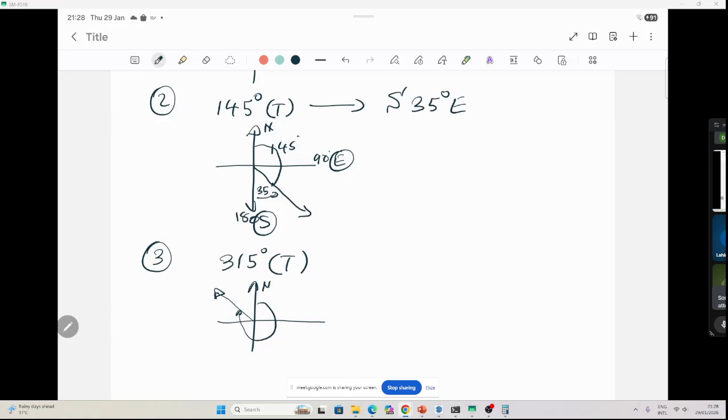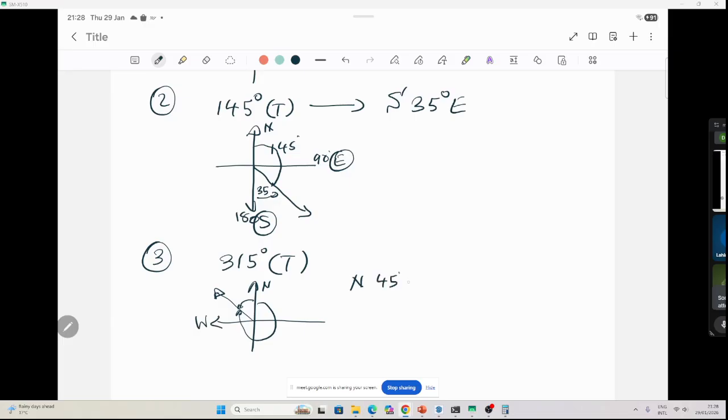This is north. So 315 is somewhere here, and you can see this is the closest angle from north. And 360 minus 315 is how much? 45. Okay. So 45 from north towards